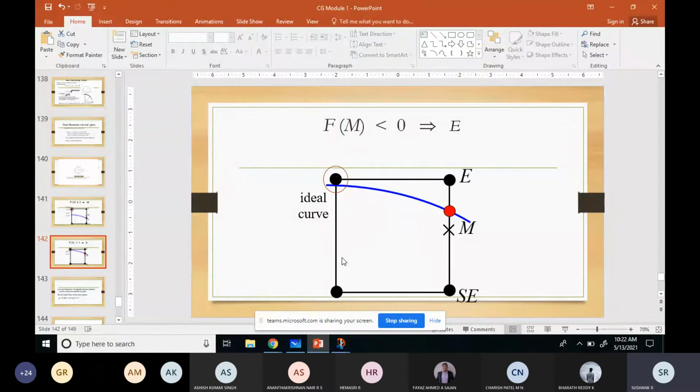The midpoint is inside the circle, and the pixel E is closest to the circle. So when you are choosing SC...